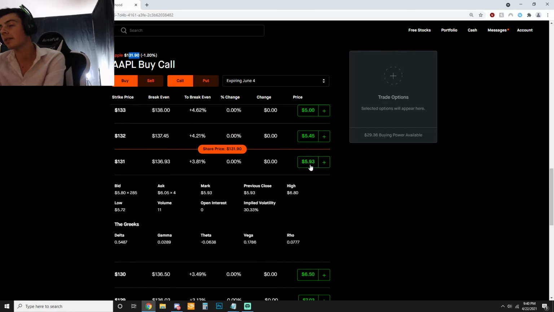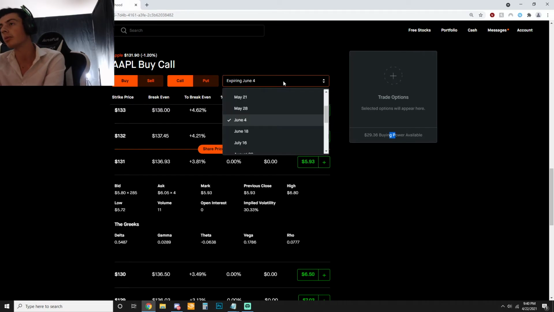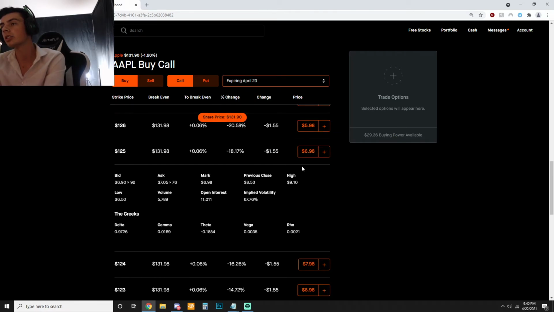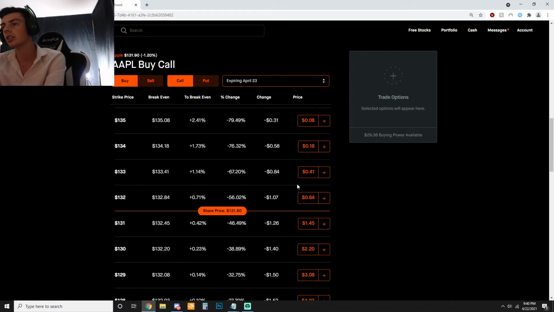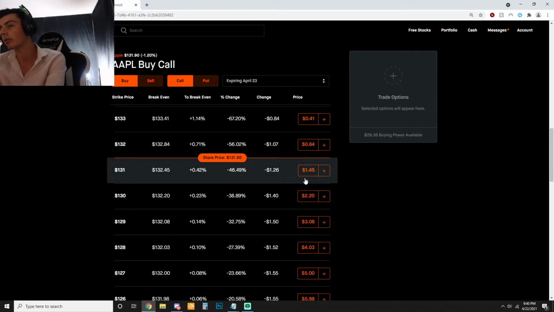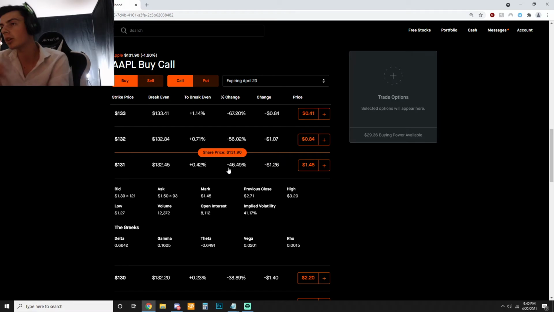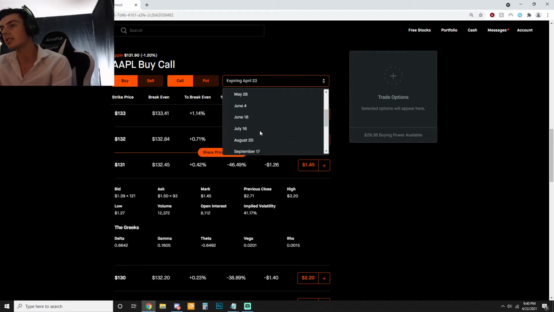When all I want to do is pay for an option that costs a little less than $600. So obviously we took a look right here. This Apple contract is worth 5.93. Closer to the expiration date, you're looking at that same contract being worth 1.45. So the smarter play, and this is not financial advice at all, that most investors would take would be getting something that's in the money but expires in a much longer